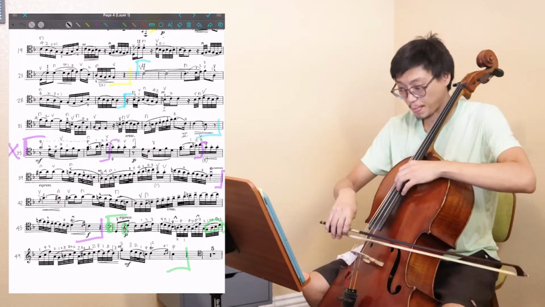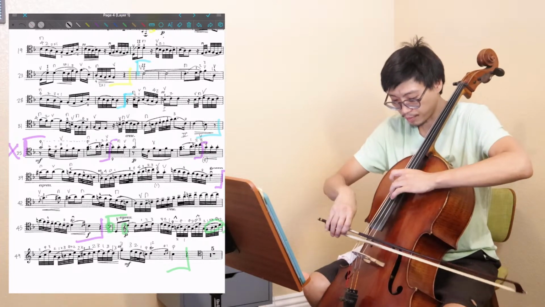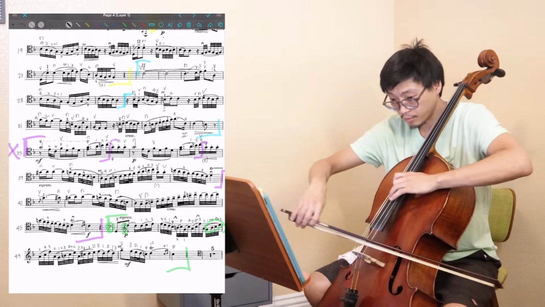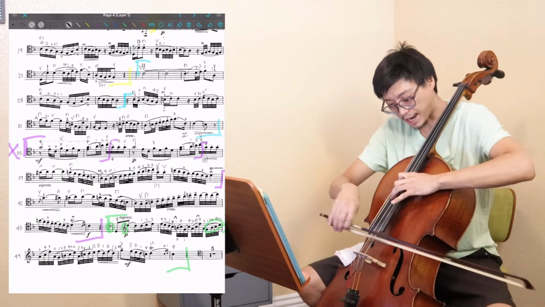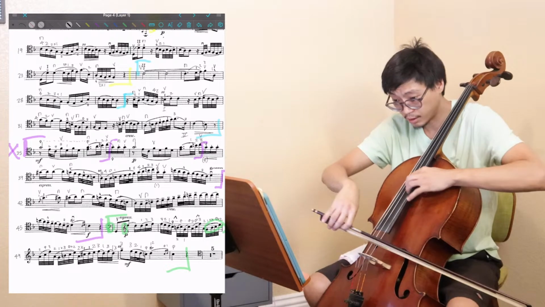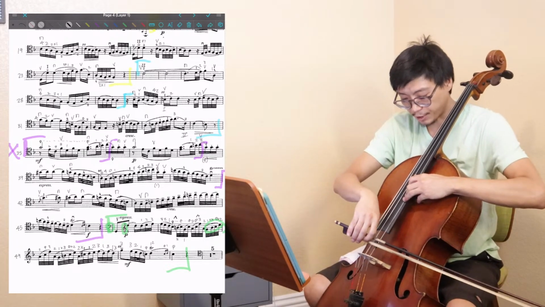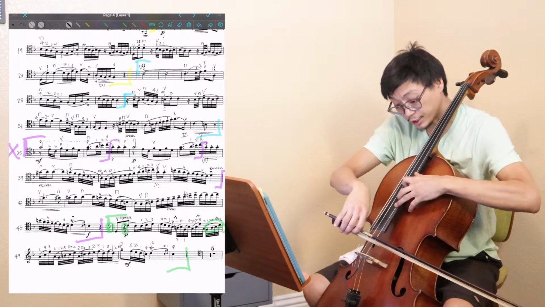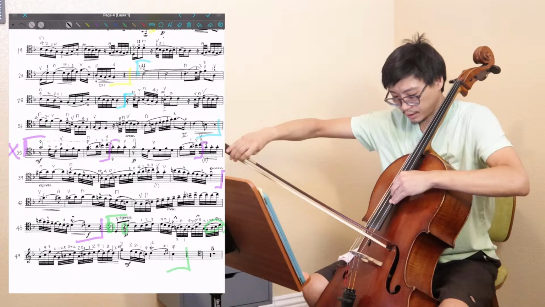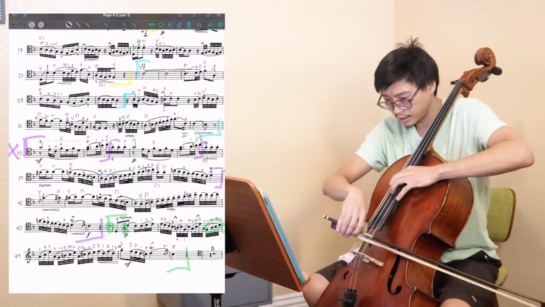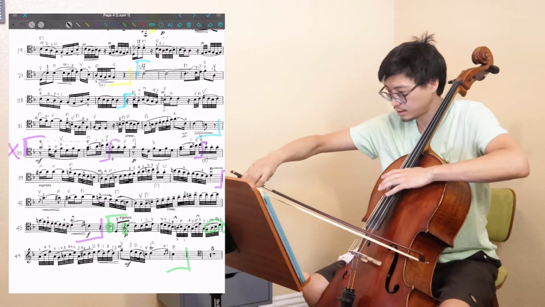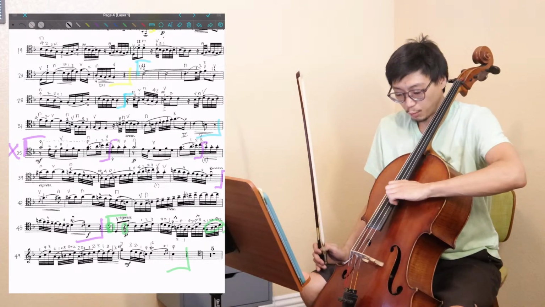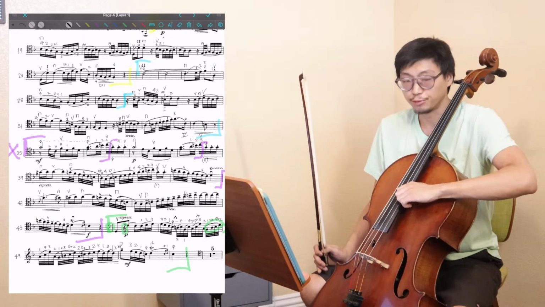Okay, so. Here, stretch back. Half step, right? Stretch. Like that. So this part is quite difficult, but once again, you need to have your thumb position really solid,